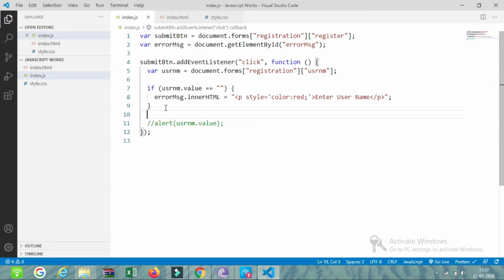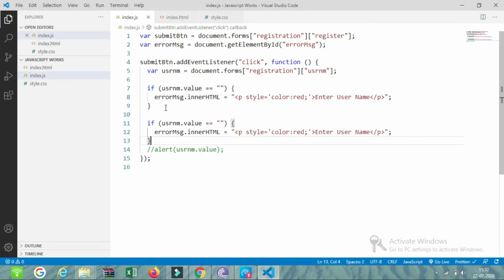For that purpose I can copy this message and use something like this. If username.value, instead of equal to, I can type value less than 4. If it is less than 4, then print an error message.